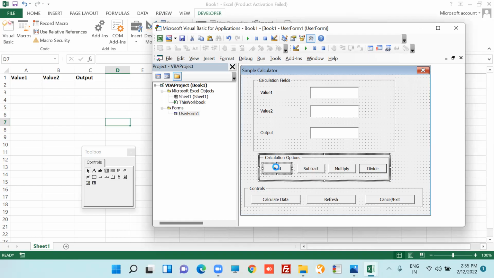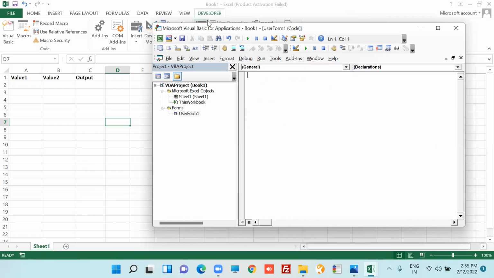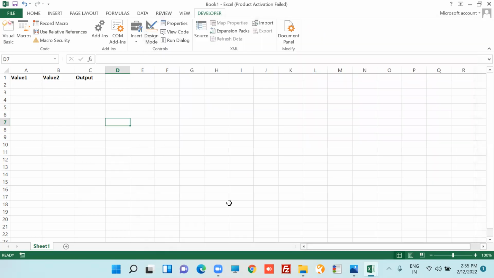So first of all, I will click here and let me remove all these. First of all, click on this part,